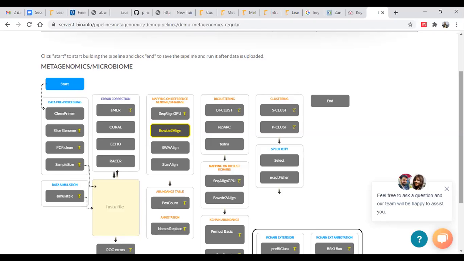I think Deepsa can look into why you don't have access. So you have not yet worked on any of the pipelines. Have you run any pipeline?